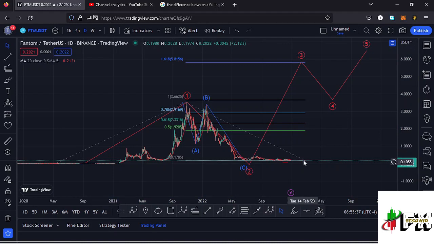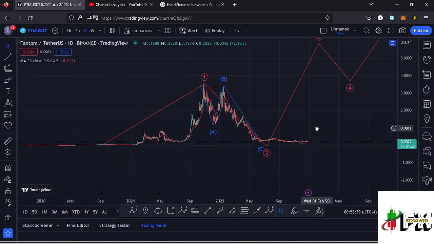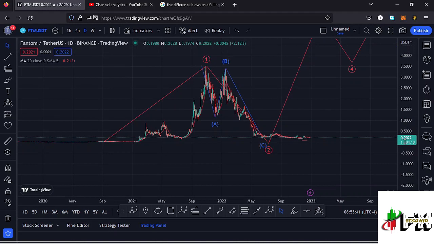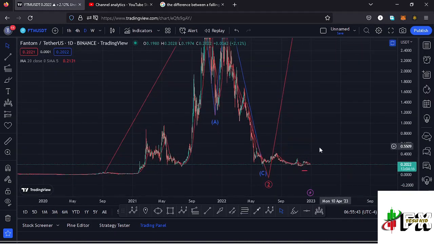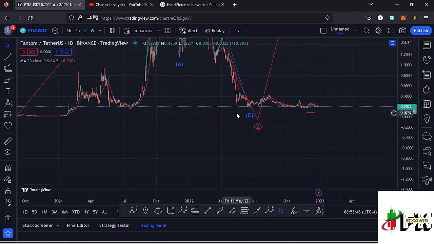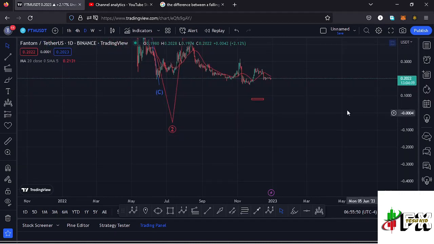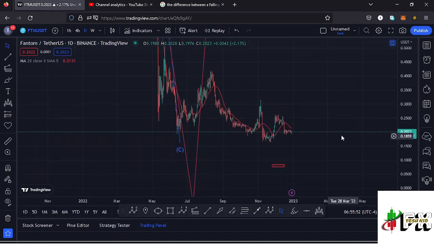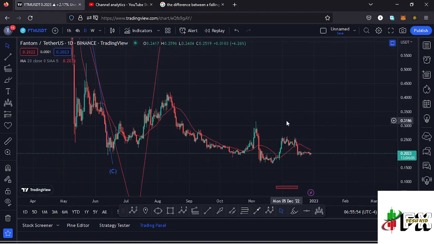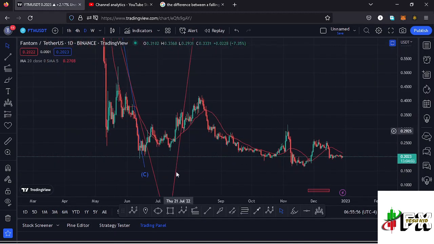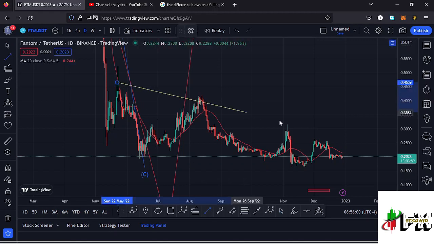and also giving you the short-term scenarios that I'm expecting to play out, basing my analysis on the chart patterns that we have in formation. And the very first chart pattern that we have in formation is right here on the daily chart. And if I zoom in so that we can see that better, here on the daily chart we have a falling wedge that is in formation, and I can draw it out connecting these lower highs like that.